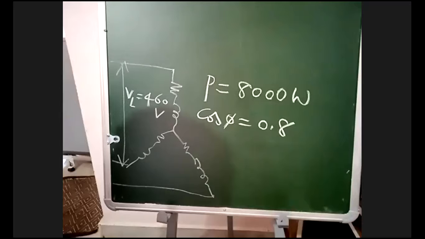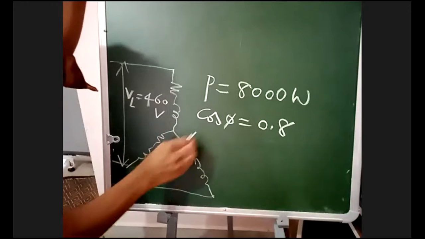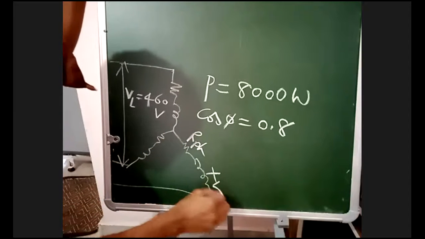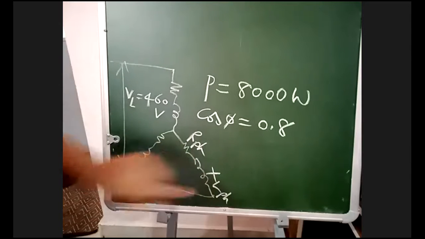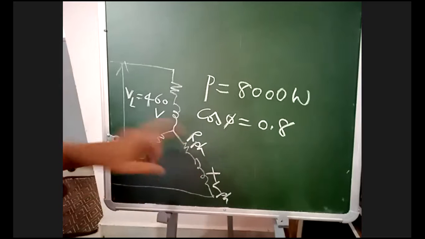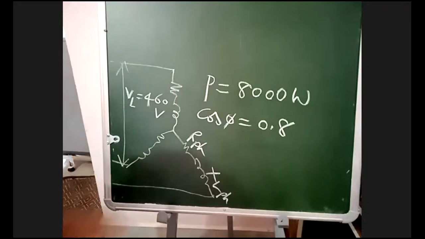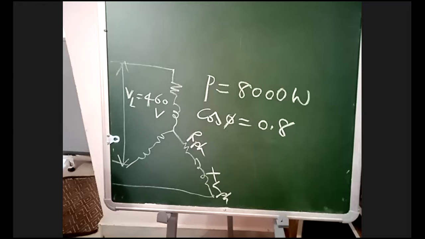What is he asking us to determine? Constants of the circuit. See, in the circuit, what is there? R phase and XL phase. He's saying inductor, it is not a pure inductor. Inside the inductor, some resistance is also there. We have to determine circuit constants. There is no capacitance here. Only inductor is there. We have to determine R phase and X phase, the reactance. These two are the circuit constants. Now see here how we will determine circuit constants.